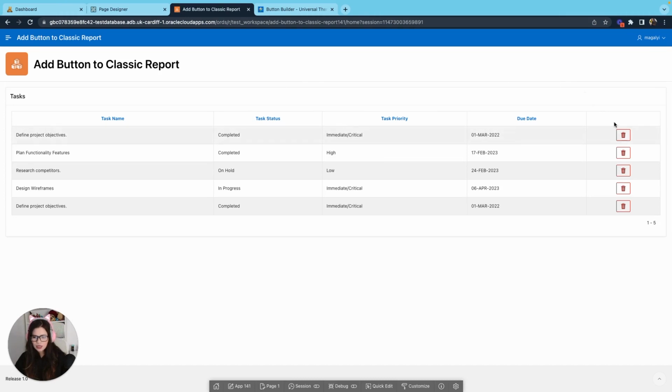And there you go, you have your column with the different buttons. And as I mentioned before, if you do mouse over the button, then you get to see that title that says delete. Now the next step would be to create a hidden item so that we can store our ID, the row ID. So once we click on it, then we can do our action for deletion. So going back to the page,